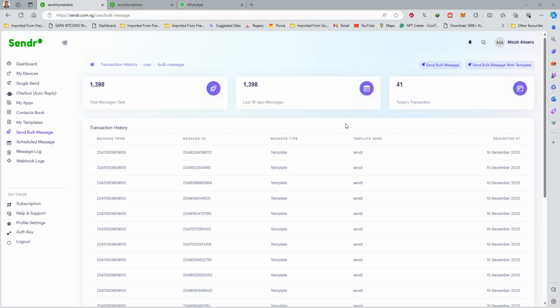We've talked about sending bulk messages in a previous tutorial, and this is to cover sending bulk messages with a template. As the name suggests, it means that you already created a template message and you just want to send bulk messages based on that template. All right, so